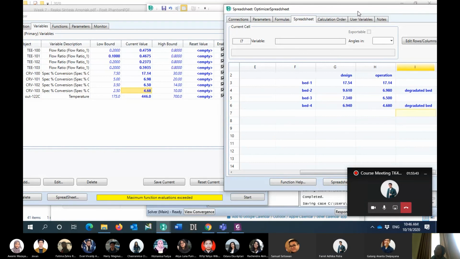The main idea of this one is actually to find which bed has the most severe degradation problem. Because we will suggest to the operator to increase the quench for that one, probably because the degradation problem is due to the temperature being too high. For these cases, all beds